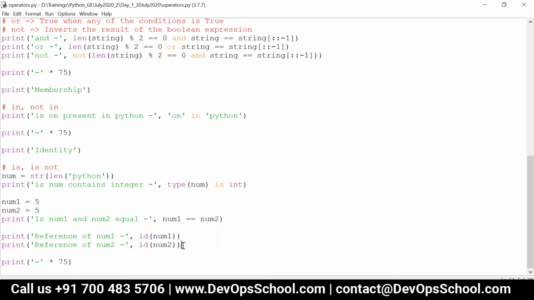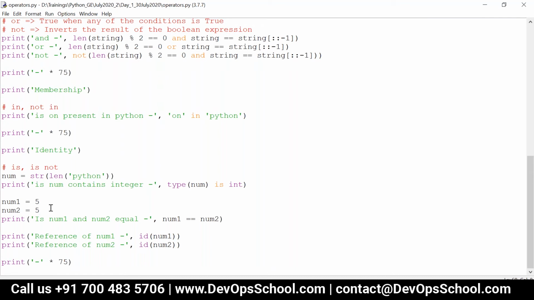Now in Python, unlike other languages, where if you create one variable it will have different memory space even if both variables contain the same value, in Python the thing is entirely different. If both variables contain the same primitive types like integer, string, boolean, both will point to the same memory location.